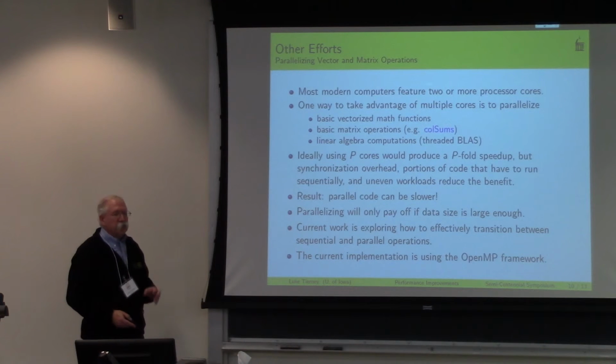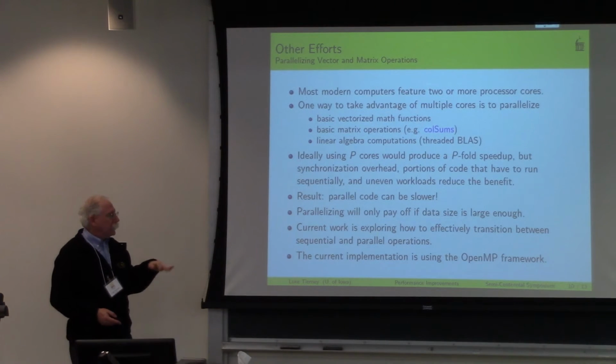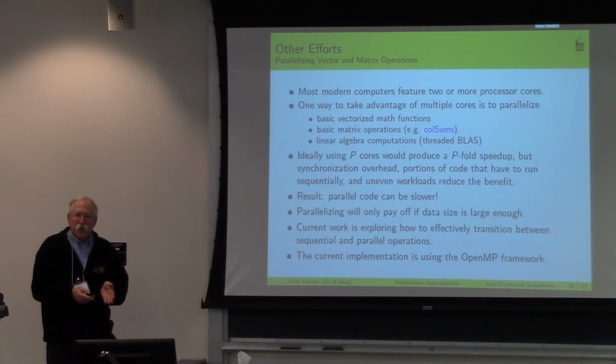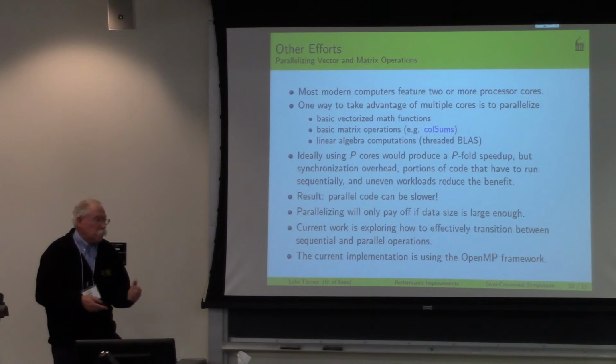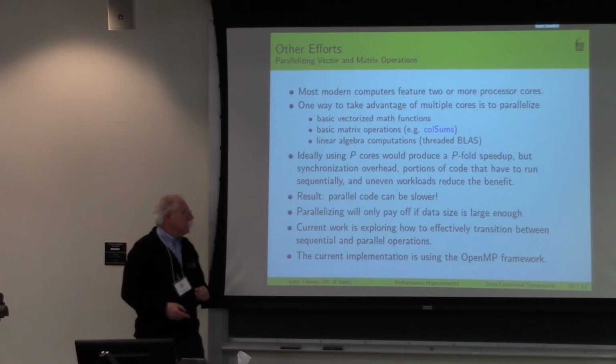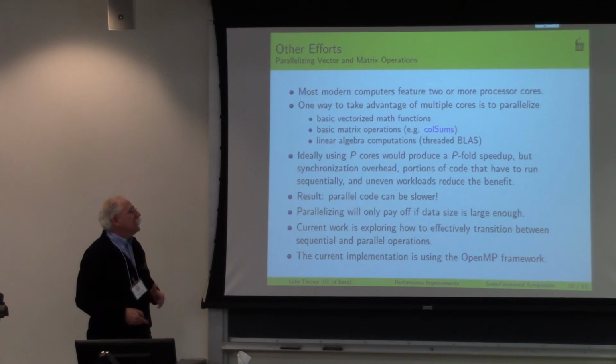And so we're trying to figure out ways of automatically doing that in practice, keeping in mind that if you parallelize something for too small a vector size, you can actually slow things down because of the overhead. So we're working through using the OpenMP framework,